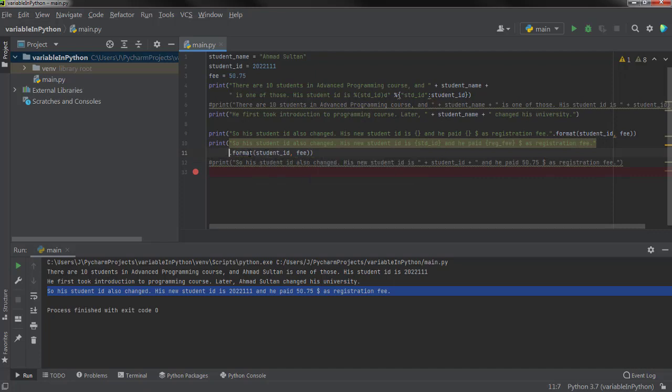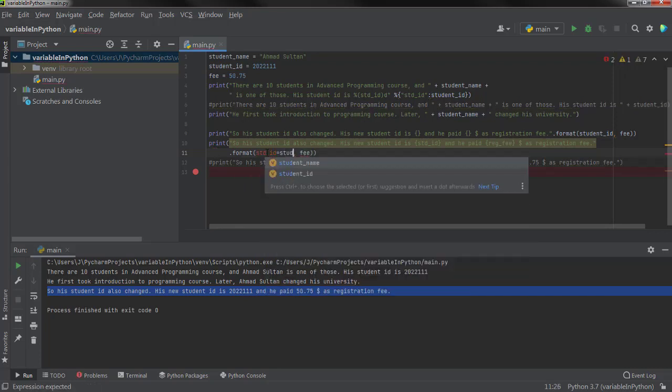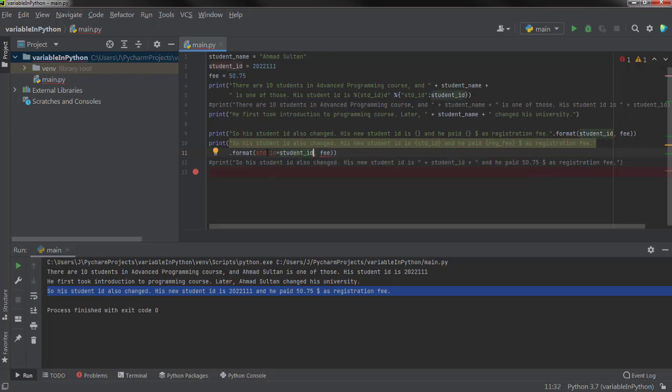Then in the format I will define that the first variable is the student ID and it should be replaced with the value of the student ID. Okay, then comma, then there is another temporary variable in this string, which is reg fee, registration fee.